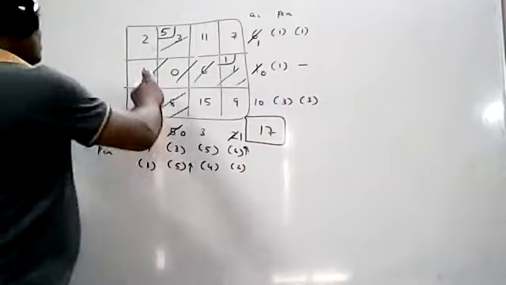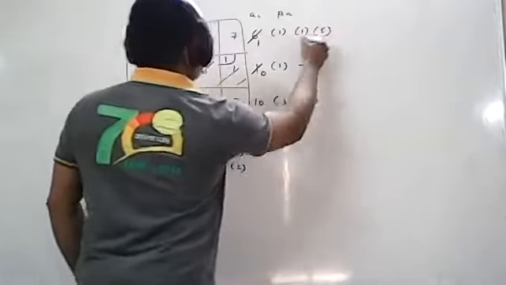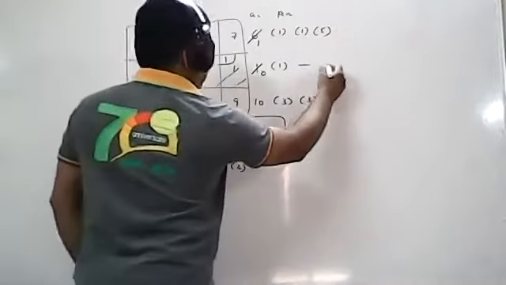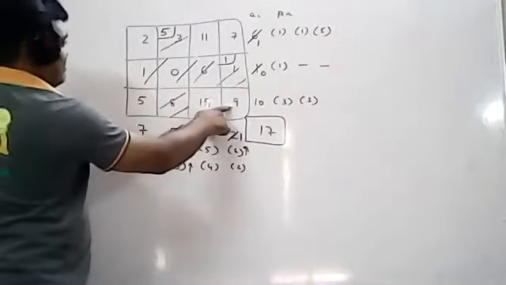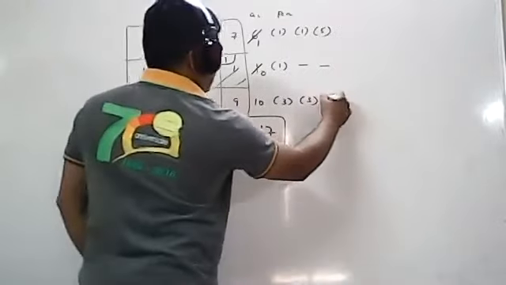Repeat the procedure. The next minimum element is 2 and the next is 7, so the difference is 5. The second row is cancelled. In the third row, 5 and the next minimum element is 9, so the difference of 9 and 5 is 4.